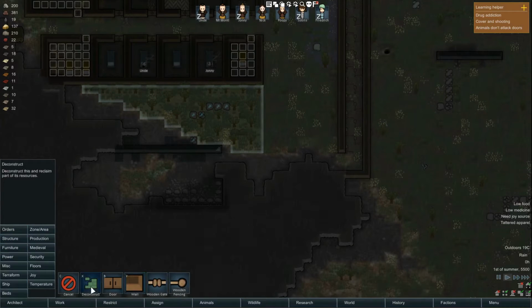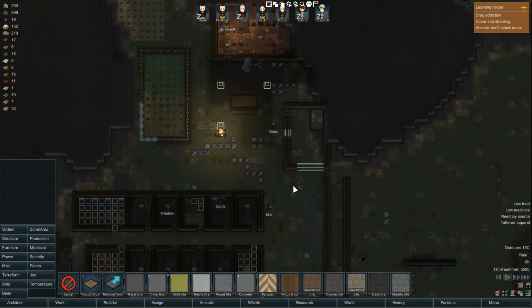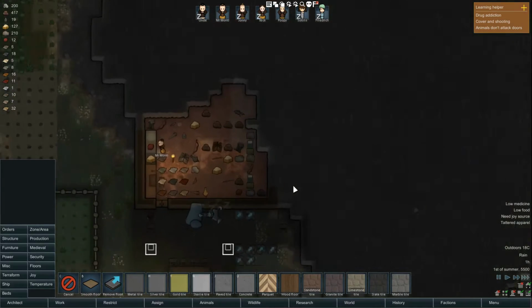Structure. That's the one I want. Deconstruct all that. Floors. Just remove all this. There we go. Let's speed it up some. We don't have to go super fast, but we're getting